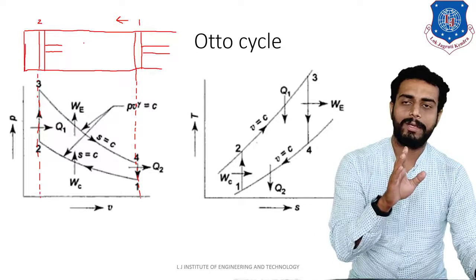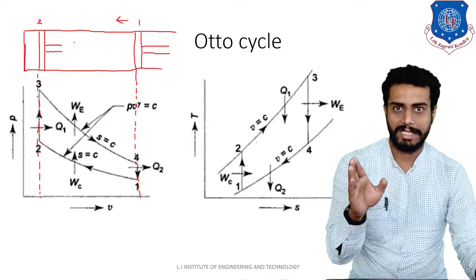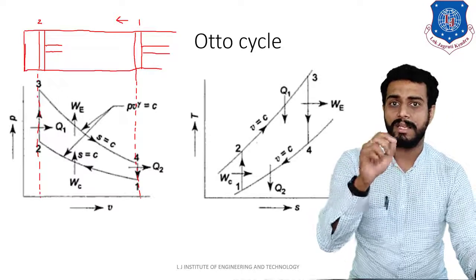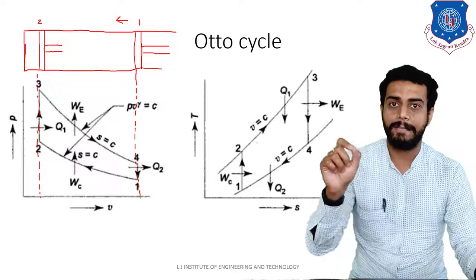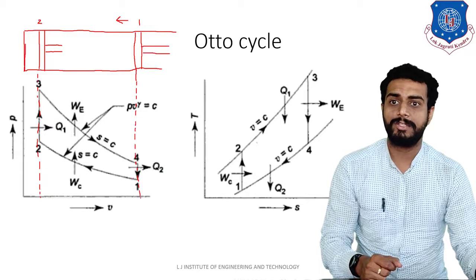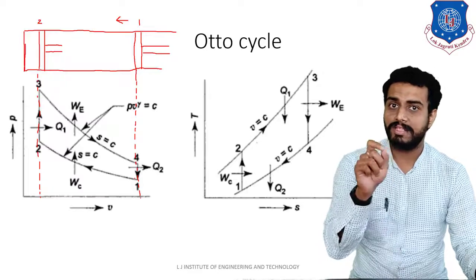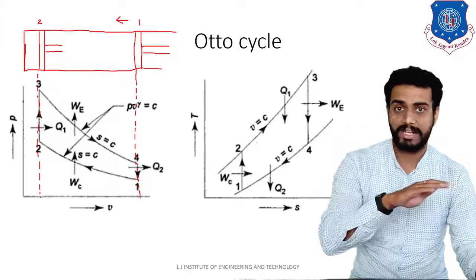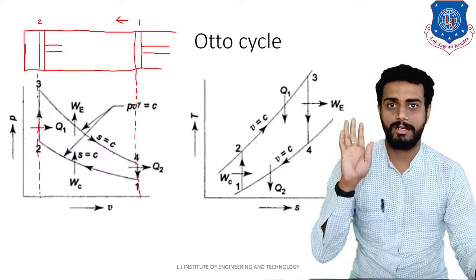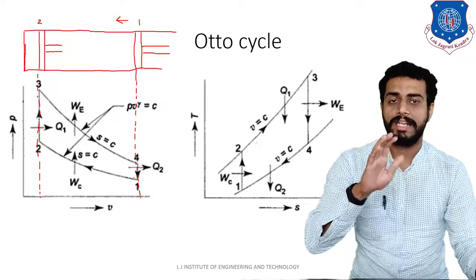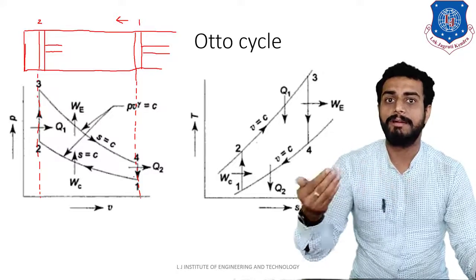So obviously what will happen? Compression will be taking place. So this process 1 to 2 thermodynamic process is known as reversible adiabatic compression. Okay, the meaning of reversible adiabatic compression is what? Let us understand. Reversible, that means what? It can be reversed in the opposite direction also. That is known as a reversible process. Reversible processes are ideal processes. In actual life, you cannot achieve a reversible process.